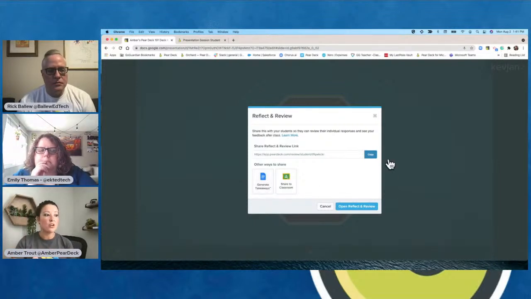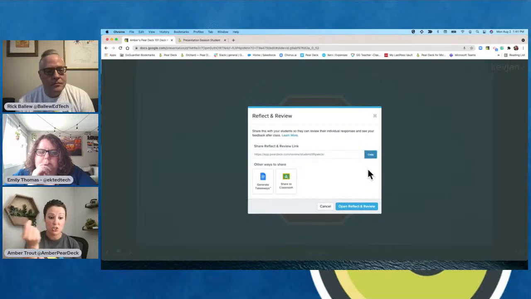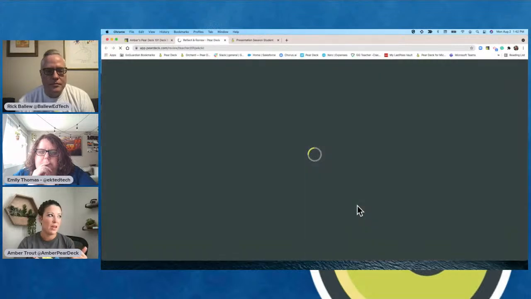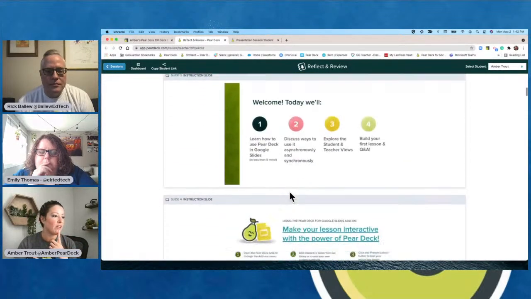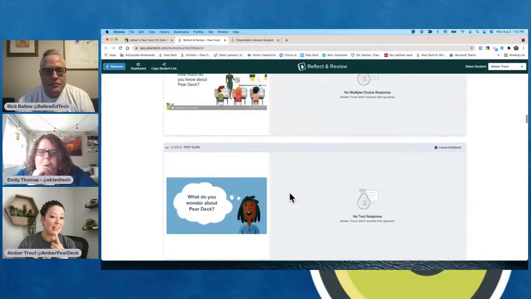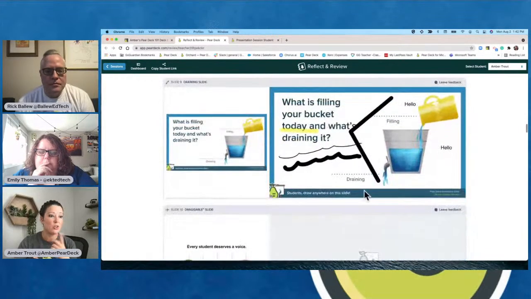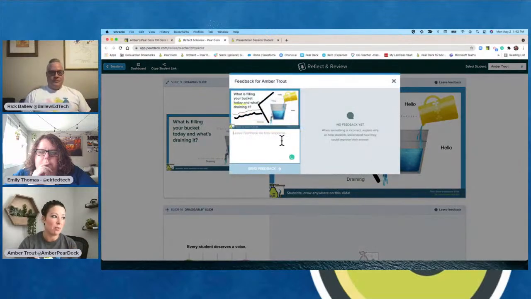Now, you can also go to this share, reflect, and review link. If you copy that link, you can give it to students. You only need to copy this and give it to each student because it individually gives you the link for each kid. So you give it to this kid, then they come in there and you can go in and say, all right, I'm going to open up Reflect and Review. I'm going to now go through, select my student, and add a little bit of feedback to their responses in here. And with that link that you just gave them, you're going to be able to go through, leave the feedback, and they're going to be able to come back and look at it.